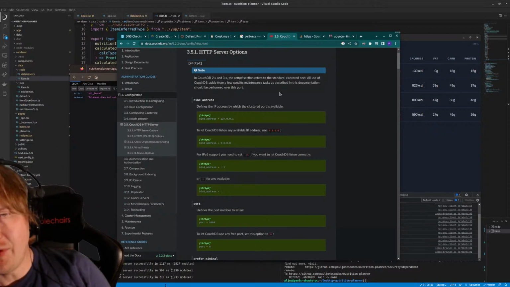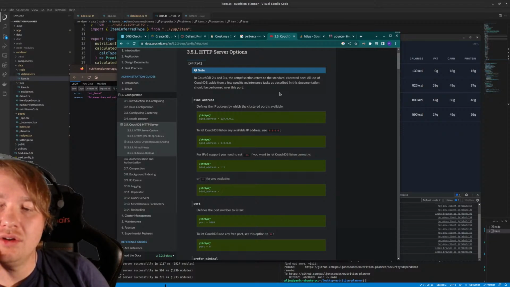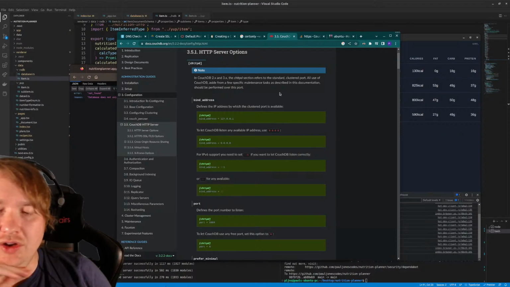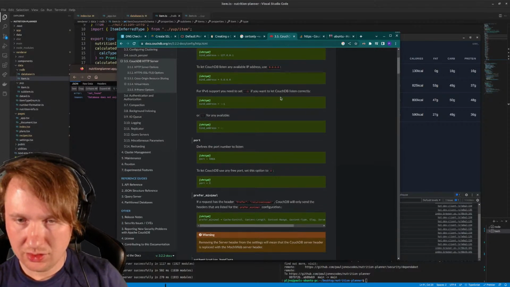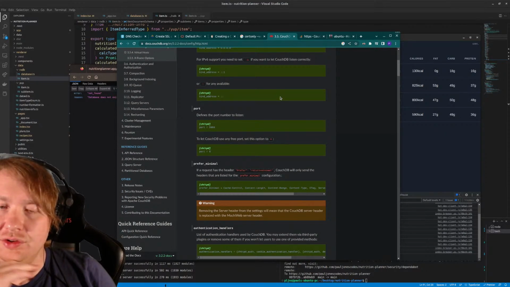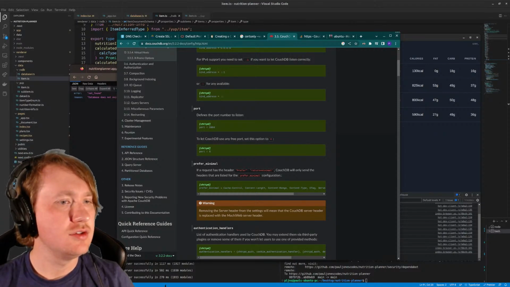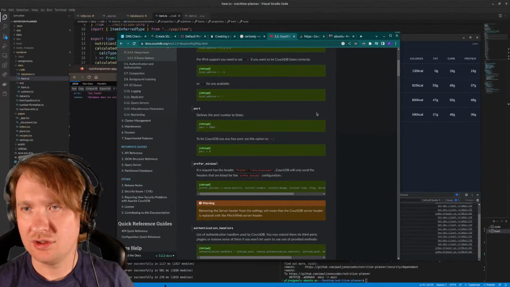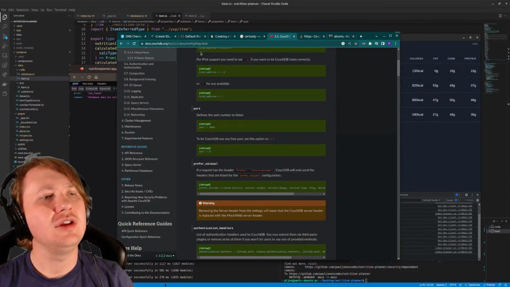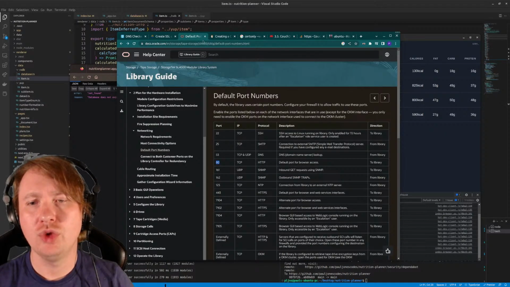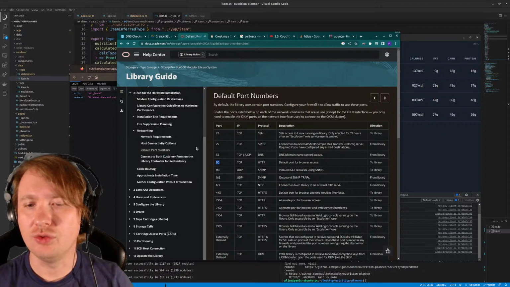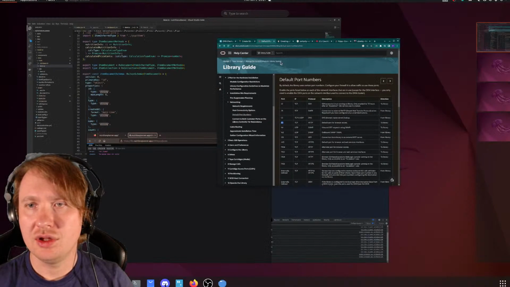Bind address. Defines the IP address by which the clustered port is available. To let CouchDB listen on any available IP address. Oh, I don't mind. IP is fine. Defines the port number to listen. So what I don't quite get actually is, doesn't the internal port have to, well, I guess it doesn't have to say 5984, but it's fine if it internally refers to 5984, but I'm pretty sure